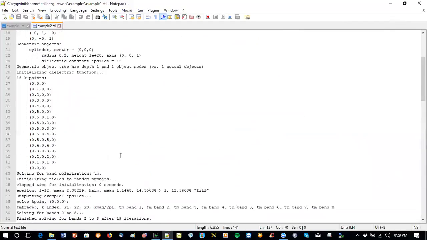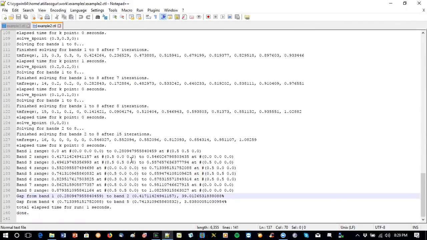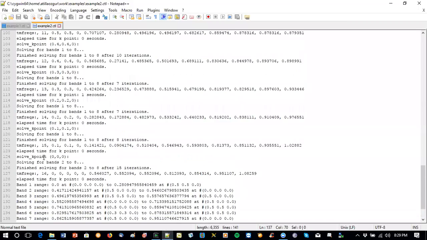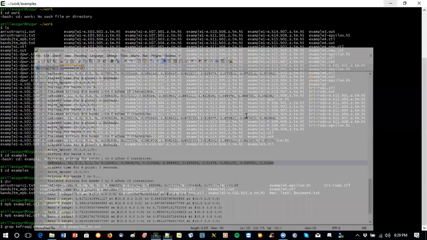But as you can see, it's very crowded. So what we can do is we can just say grep. Let me remind myself grep the TM frequencies. Yes, this is basically gonna grab all of those lines that start with TM frac. So these are the eigenvalues that I'm looking for. I don't want to bother myself with the rest of the